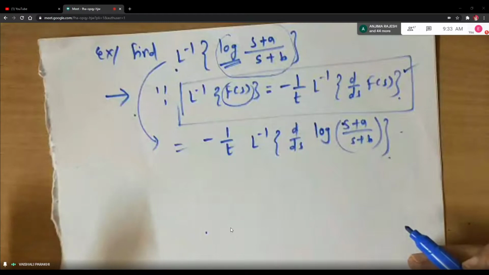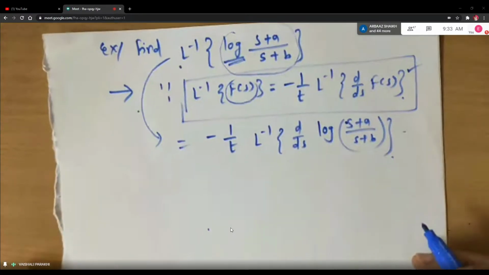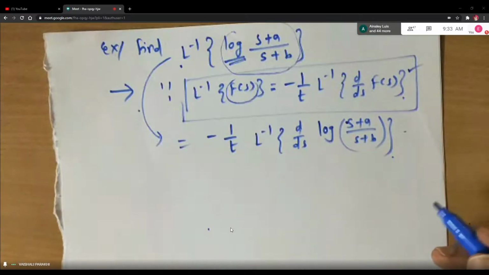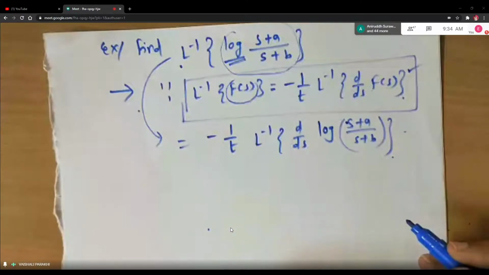Any doubt, students, here in this step? You can ask me the doubts, because don't make the habit that after finishing the class or after a few days, you tell me that you have not understood that whole thing or that lecture or 2-3 problems of that, right? If you ask here only which step you want me to repeat, then it will be good for me also and for you also. Make the habit of clearing your doubts there and then itself. Okay.